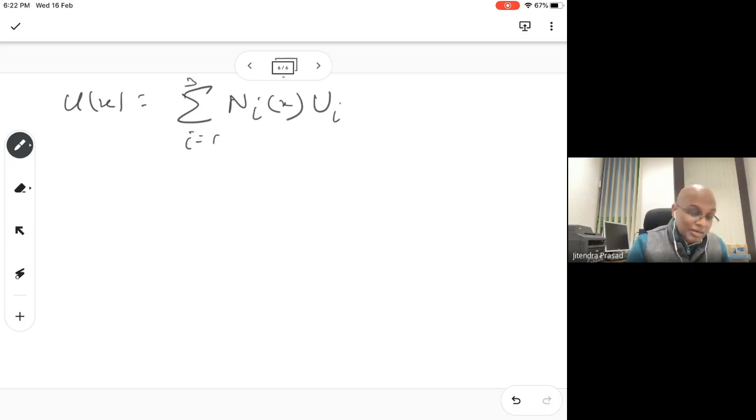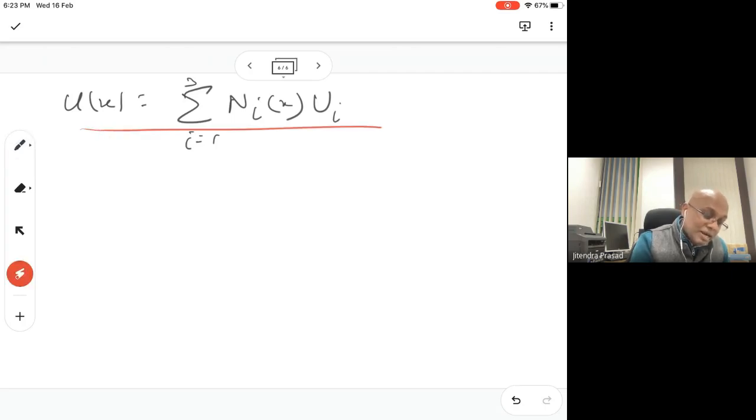This is for 3-noded. Because why 1, 2, 3? Because this is 3-noded, right? You have 3 U values for node 1, 2 and 3, and for every one there has to be one interpolation function. Yeah, and this is how U is defined, and that really means, automatically,